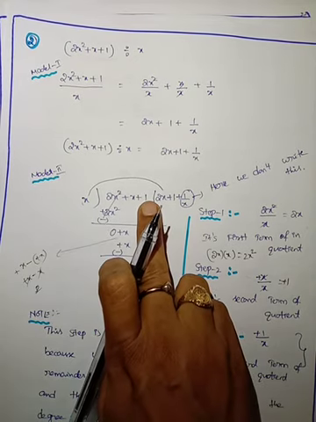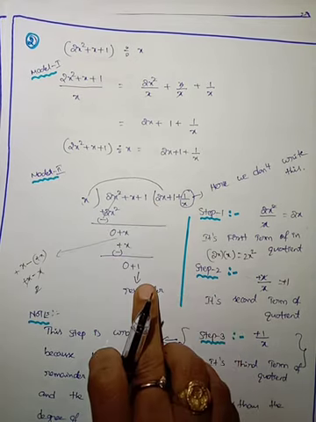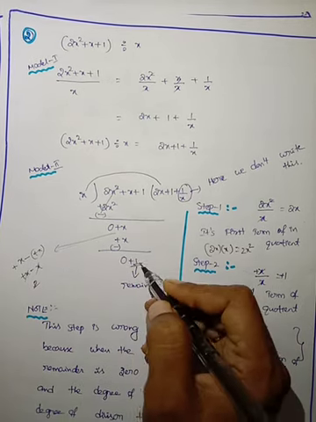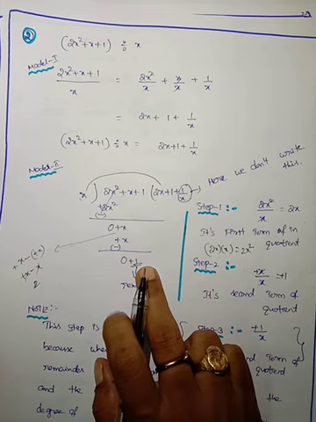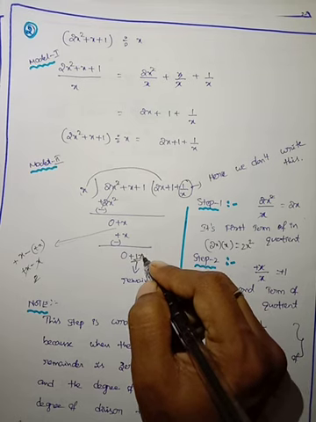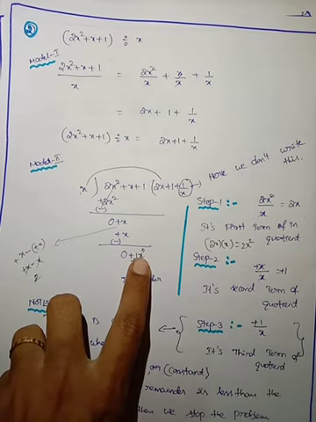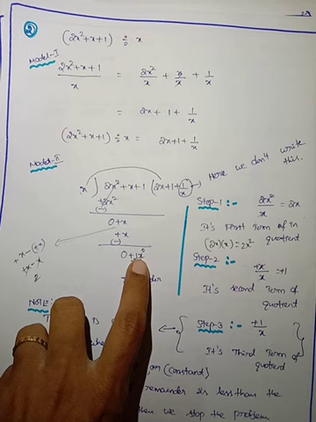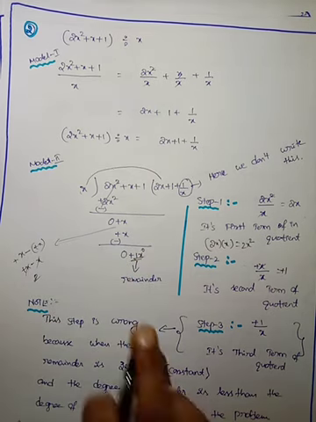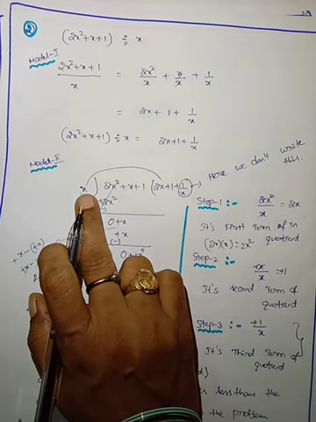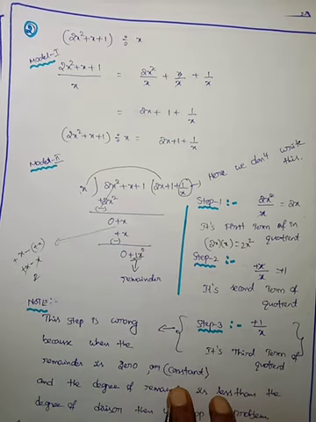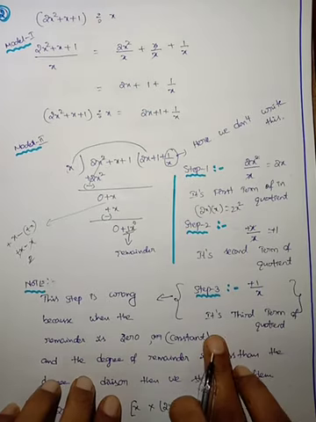Now you have to write the third term at this place. Plus 1 means a constant term. What is the constant term degree? 0. It means 1 into x power 0; the variable power is 0, so the constant term degree is 0. What is the degree of this term? 1.